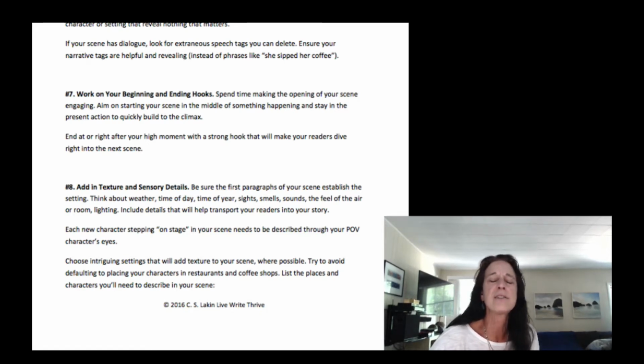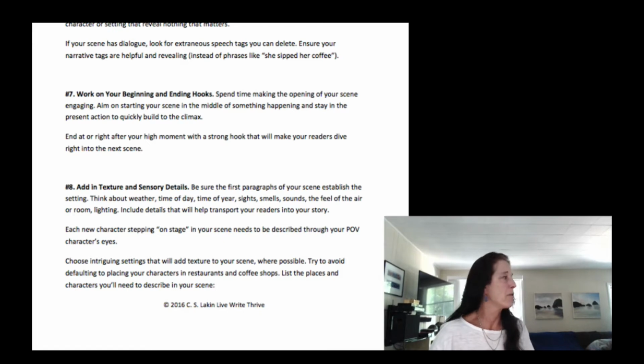I feel like this is so important because we're so aware of the weather. And while experts or instructors will tell you never start your novel with the weather, granted, you don't want to just say it was a dark and stormy night, but again, you want to have a believable scene. So what's believable is if your character is somewhere, she's going to be feeling something about the weather and the time of year.